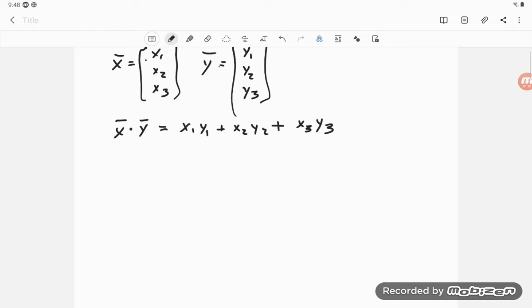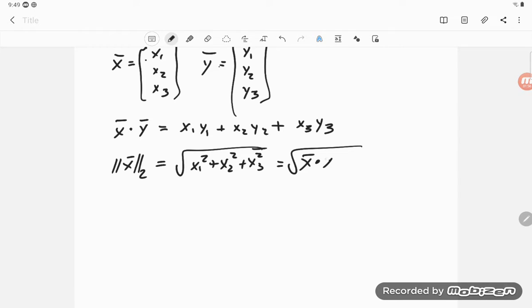And again, we have the norm, the 2 norm. We've seen norms before. So the 2 norm, I'll drop the 2 in the future, but just so we realize there's more than one possible norm, the 2 norm is our square root of x1 squared plus x2 squared plus x3 squared, but that means that is also the square root of x dotted with itself, and